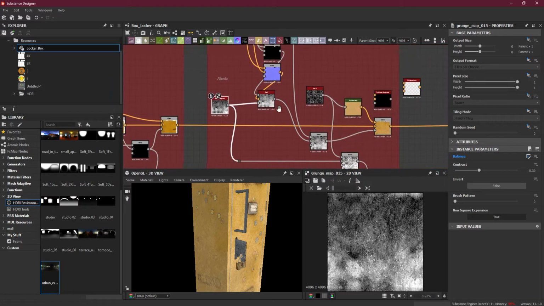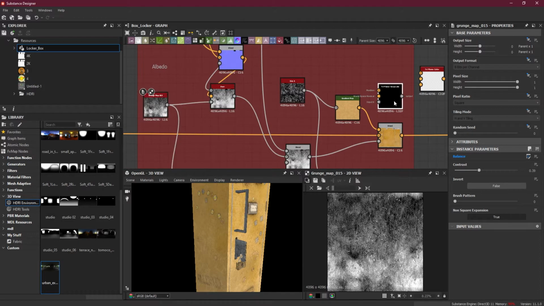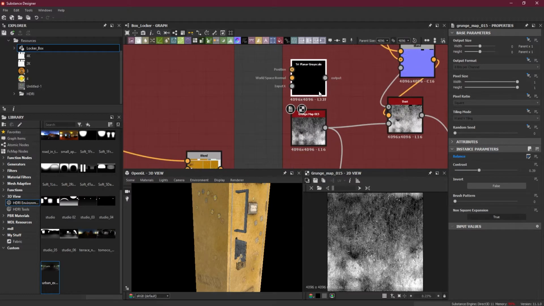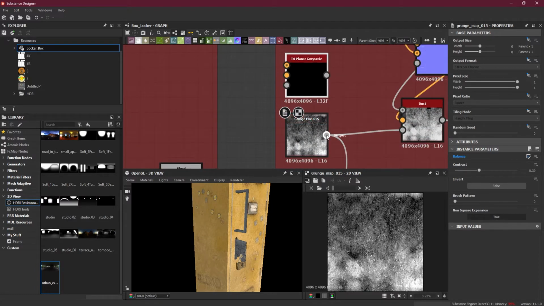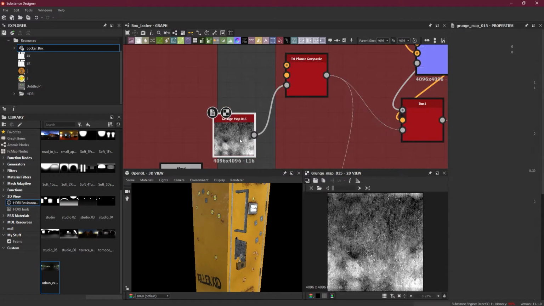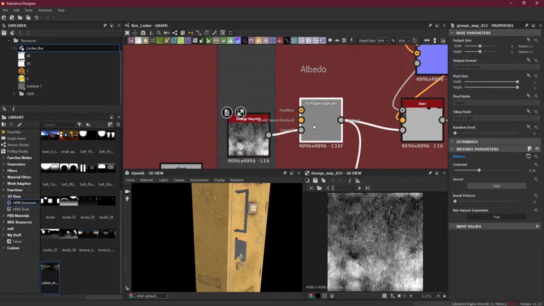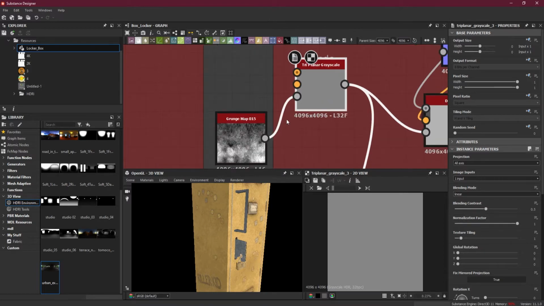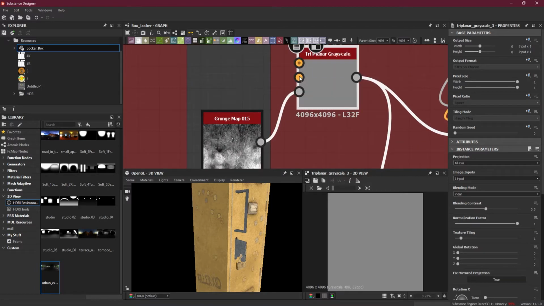So what I will do here is take this Tri-Planar grayscale and put it here. Now this grunge map output should go inside the Tri-Planar, so shift, move this here, and this grunge map should go in the input X here. That's it. Now it will not give us any result, because the issue is that it requires a position and a world space normal. So what I will do is go to my